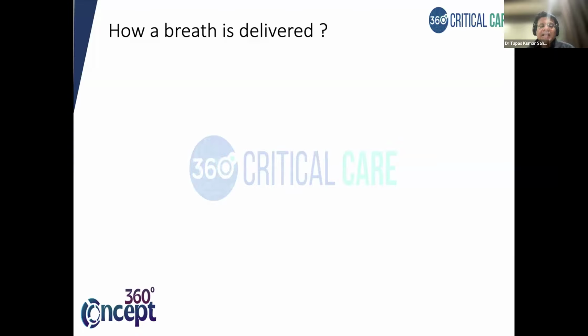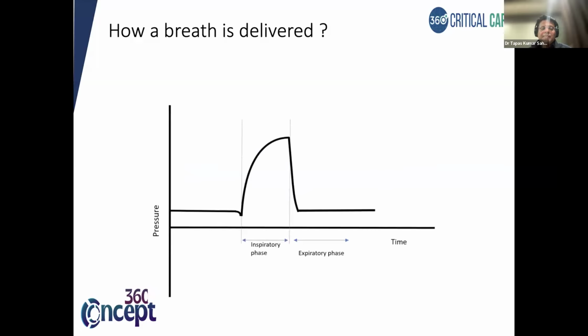How a breath is delivered. Simple. There would be the baseline PEEP, there would be the inspiratory phase, then there would be the expiratory phase. And you have seen here, time is on the x-axis, pressure is on the y-axis. Now,